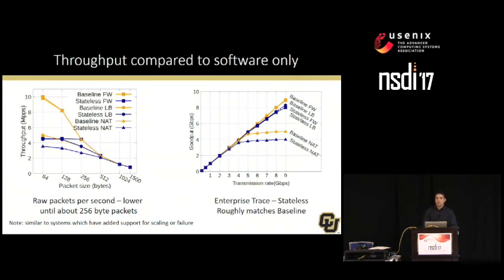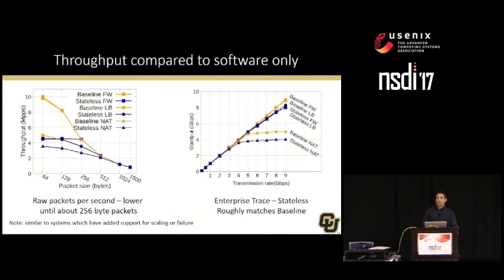First, we measured throughput. We evaluated our system under different traffic characteristics. On the left, we show the raw packets per second, which we measured by sending packets of the same size as fast as we could until loss occurred. We can see that with stateless, the throughput is lower for minimum size packets, but matched the rate at about 256 byte packets. This was due to hitting the limit of the data store, of how many requests the data store can handle. We will elaborate on this in the discussion part.